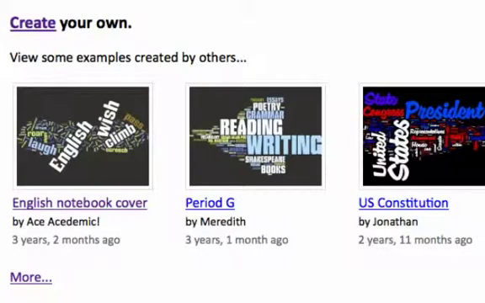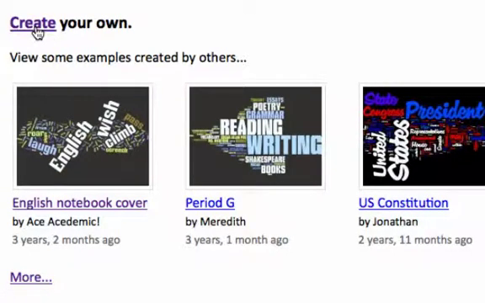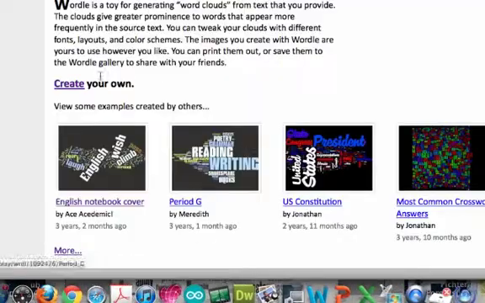WORDLE.net. This is a free tool. Again, you can see these word charts. So it takes a large amount of text and creates a word cloud. The Excel spreadsheet that I copied from, I want to create a word cloud from each of these columns: activities, roles, and assessment. So I've gone into Wordle,